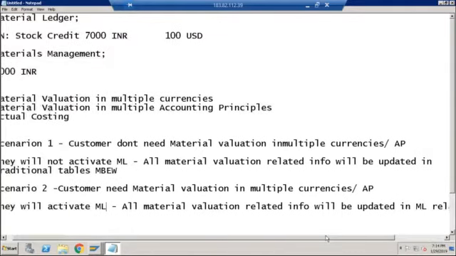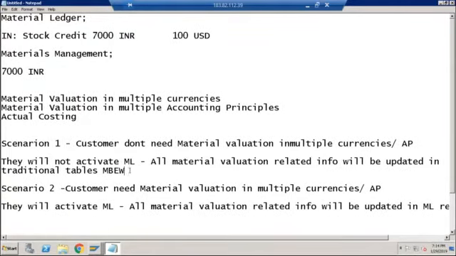The problem is SAP is maintaining two sets of tables. For the plants where material ledger is not active, for our reporting we need to go to this table. In one system you can have multiple plants, and material ledger activation is done at the plant level.